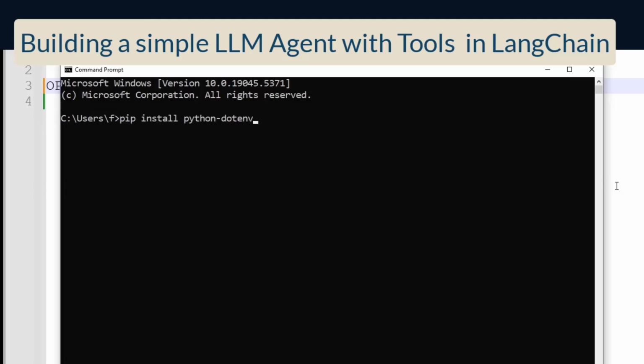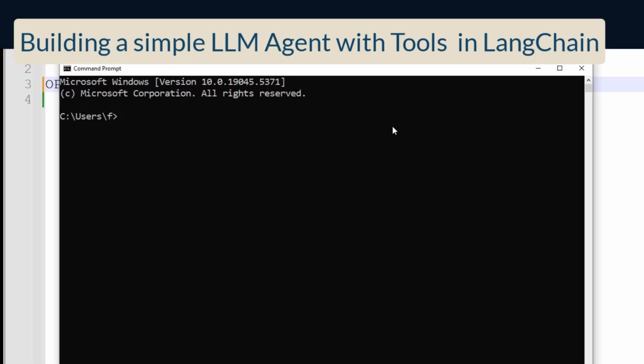After that, we will install python-dotenv. This module will help you manage your environment variables like the OpenAI API key and SERP API key, which we are going to use. I'll explain when we use it in the code, and where the task related to this module is present. Okay, that's it guys. These are the steps. Once you execute these steps, your environment is ready to run today's code.